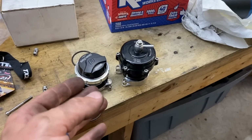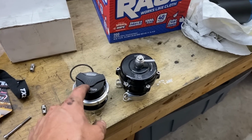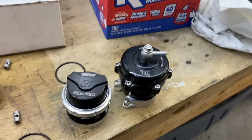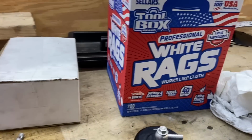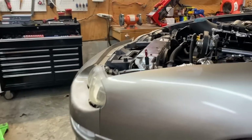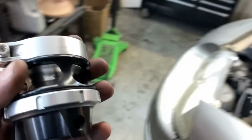I was up at Induction today and we were hanging out and talking about my car, and they were showing me some of these new Turbo Smart blow-off valves, and look at how nice that looks. It's so much smaller than the one that I'm taking off, so it's definitely going to be a bit of a visual upgrade. Hides nicely over here. Look at how nice that looks. A little bit smaller,